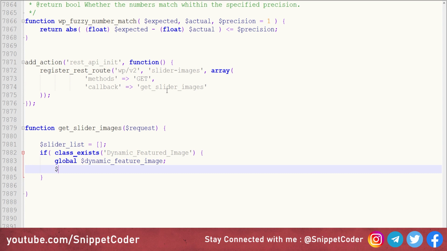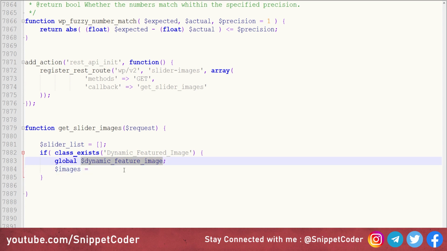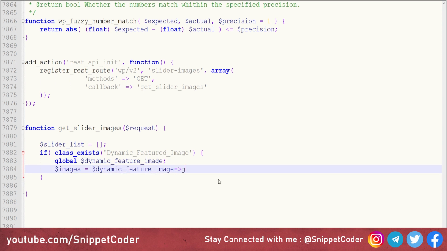And here we will create one variable, images is equal to, and we will use this object here. Then we will call the function get_feature_images, and here we will pass that post ID, or you can say page ID, and that we are picking from our request, request, and the variable name here is slider_ID.